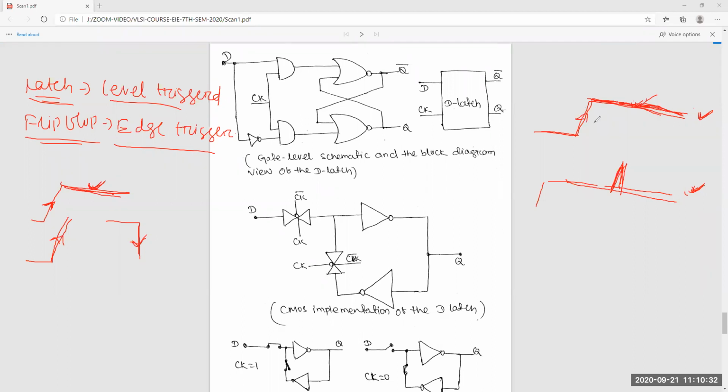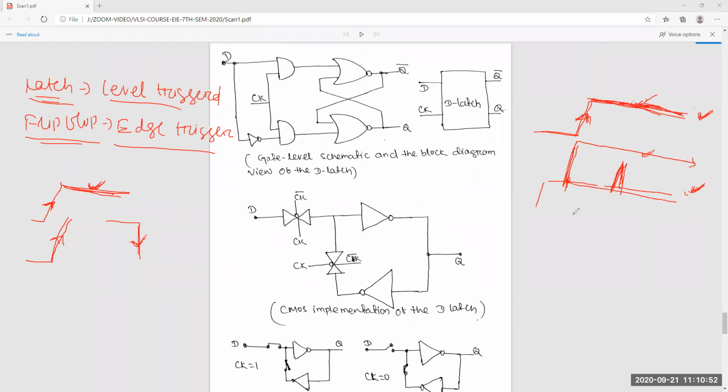Edge trigger means at a particular edge, whatever the value is, once we latch that value, it will hold until the next clock rising edge. There's no change.